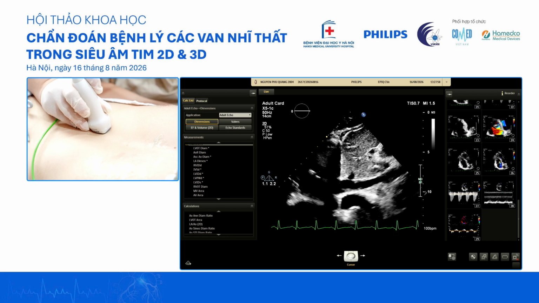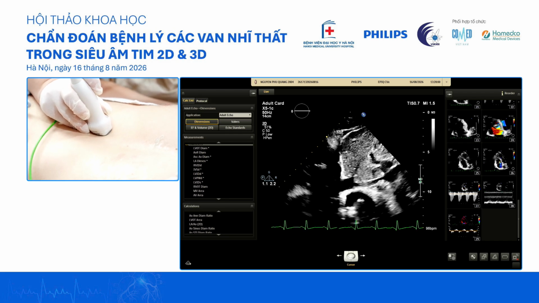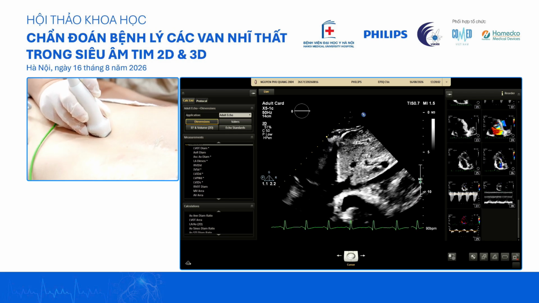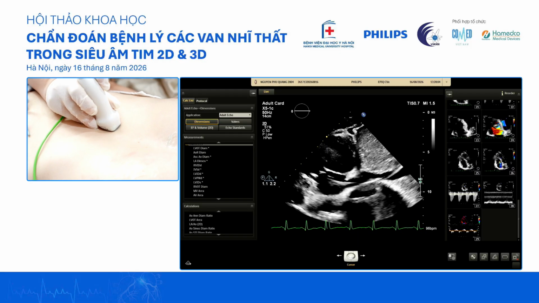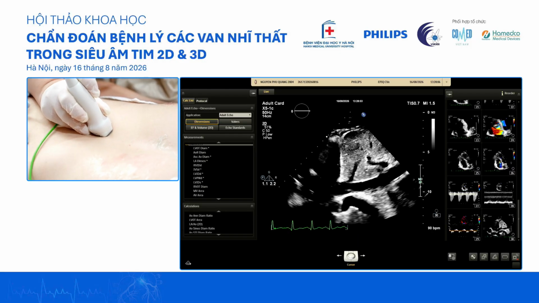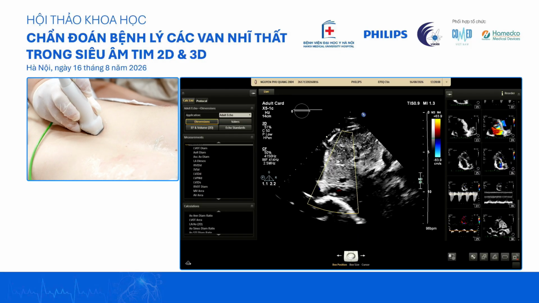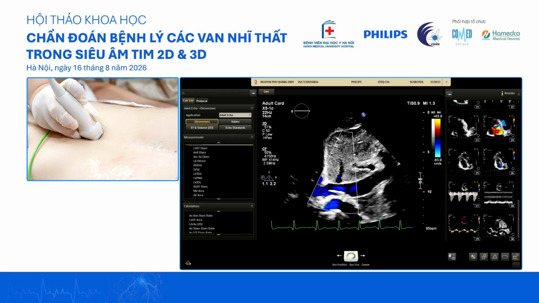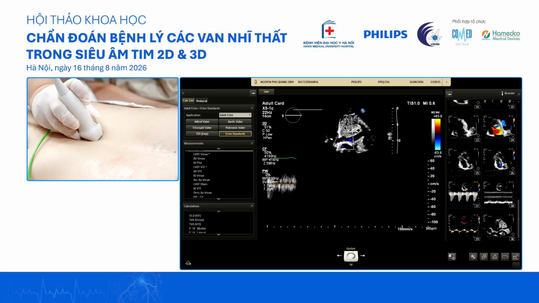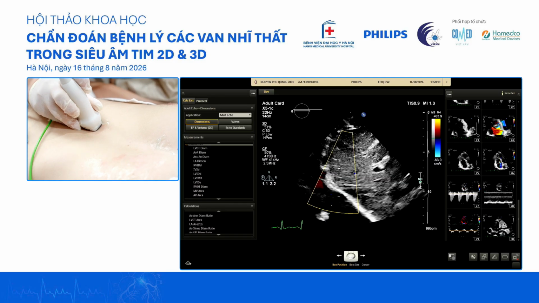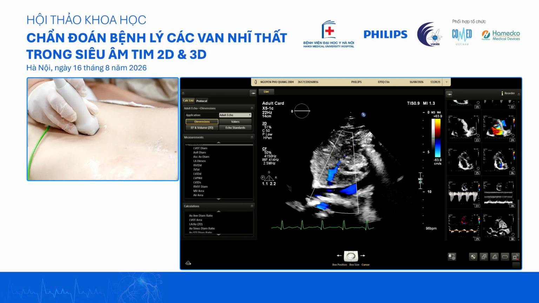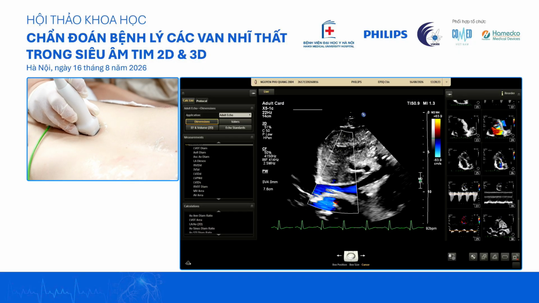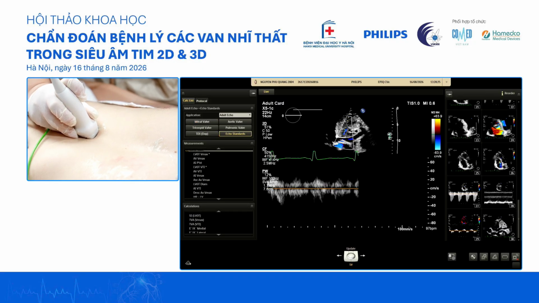RV volume? We'll also take the hepatic vein. Đánh giá phổ Doppler và tĩnh mạch gan. So in the hepatic vein, we'll also see if there's any reversal as an indication of the severity of the tricuspid regurgitation.